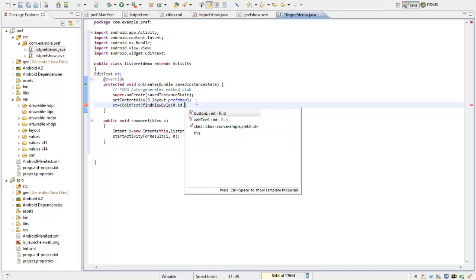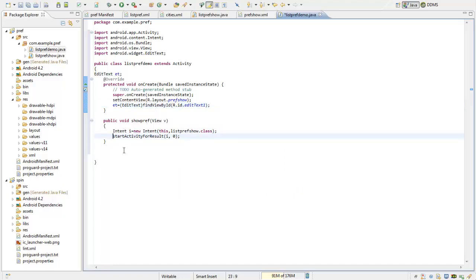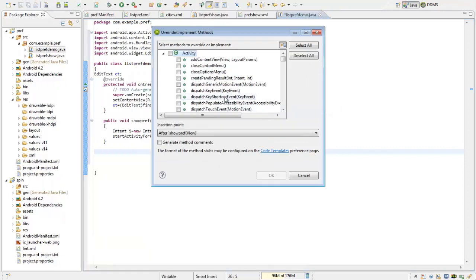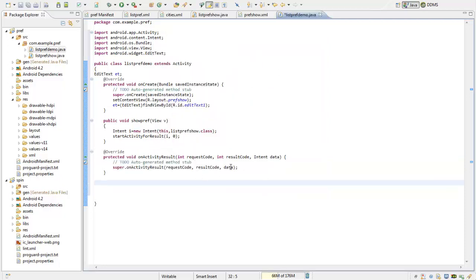Find view by id R.id.edittext. So we have the edit text lined up, we have the button click lined up. Now we have to use the onActivityResult method. In onActivityResult, we will simply access the shared preferences object.